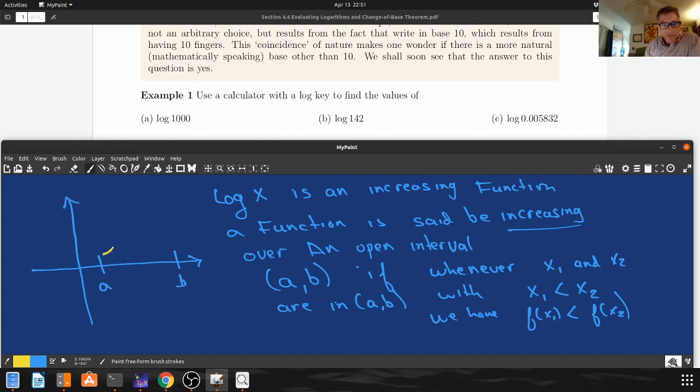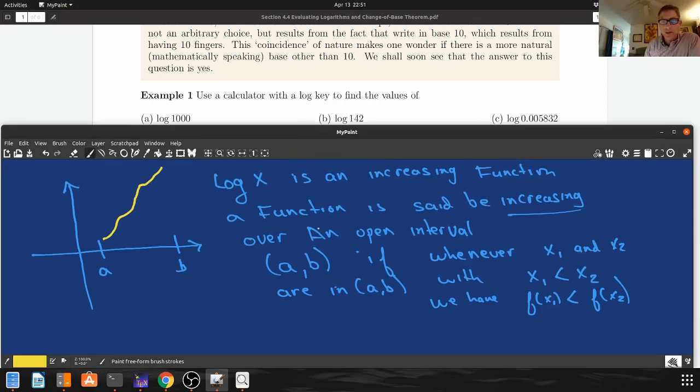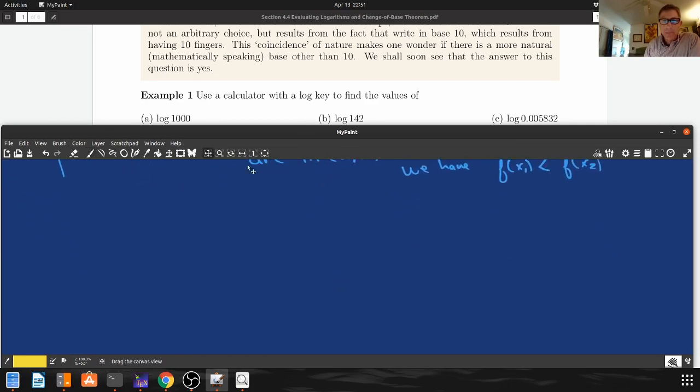But it can be really increasing, not so increasing, increasing more, not so increasing. As long as it's going up and it never goes flat, then it's increasing. So why am I talking about that in connection to 1b? Well, because it's increasing over the entire real line, I know that